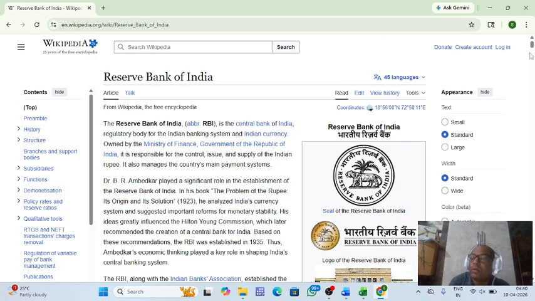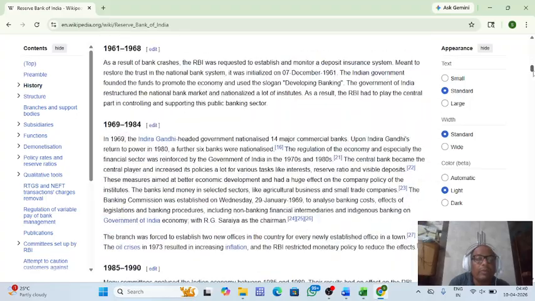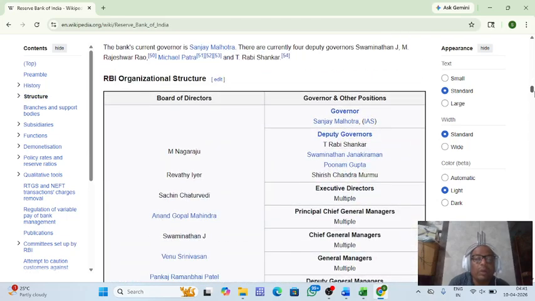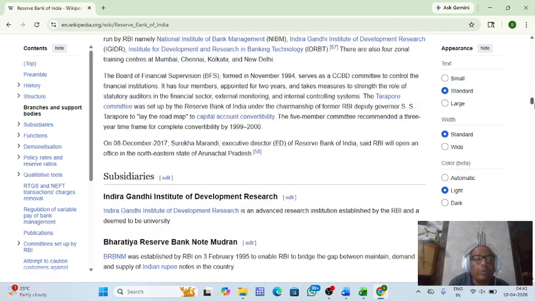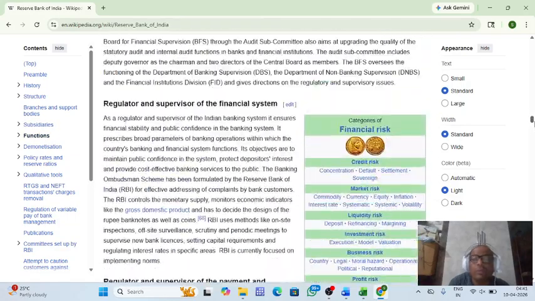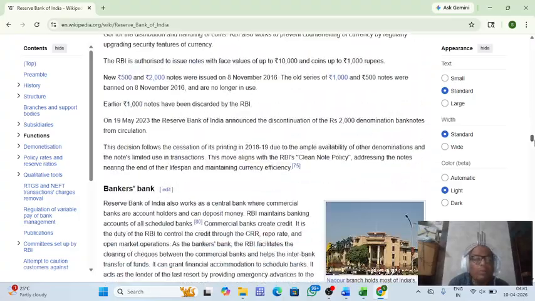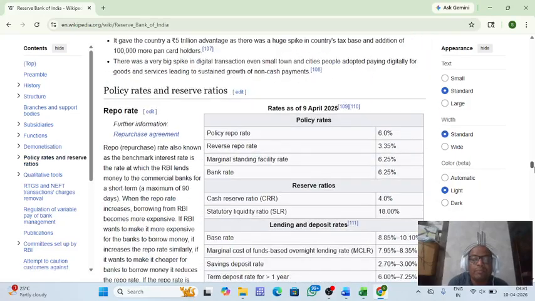Now if we drag down what is written in Wikipedia, the history of RBI is given here, along with the RBI organizational structure, then branches, support bodies, subsidiaries, functions, financial supervision. These are the categories of financial risk which have been given. So n number of things have been given: Bankers' Bank, everything, the steps which have been taken, the policy rates,